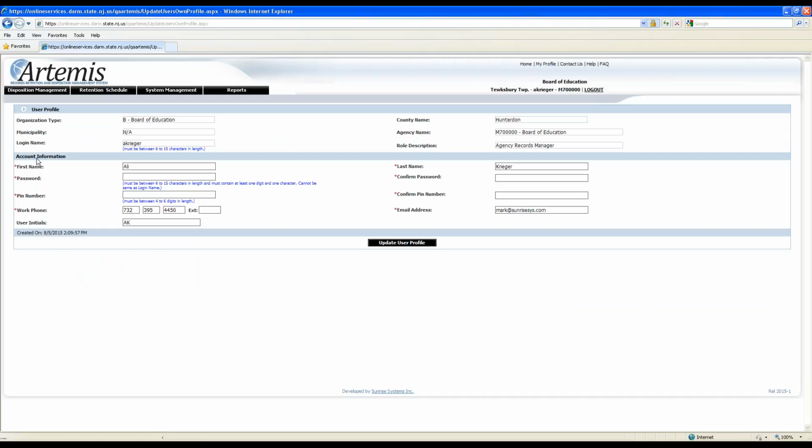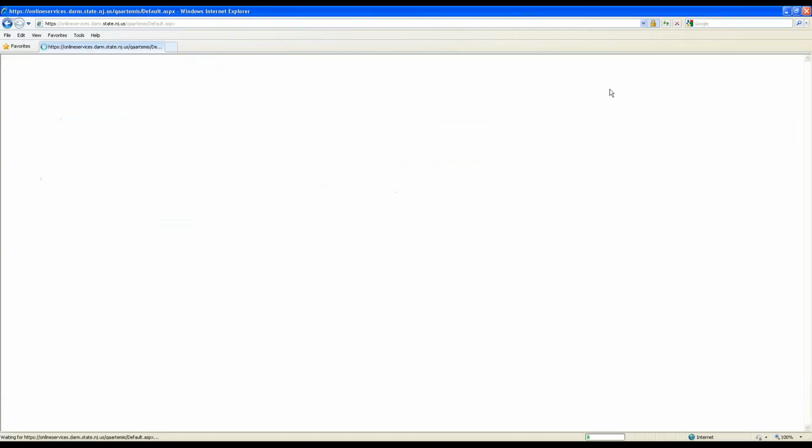Okay, the information in the top section of the user profile cannot be changed, but the bottom information can be changed by the user, and it's only their own information. So if a user logs in and wants to change their password or their PIN number, they can go to the My Profile link and update them, especially if they have to change it and want to keep them in sync with other applications they're using. It's a good way to do that. So that's how they would come in here and update their information.